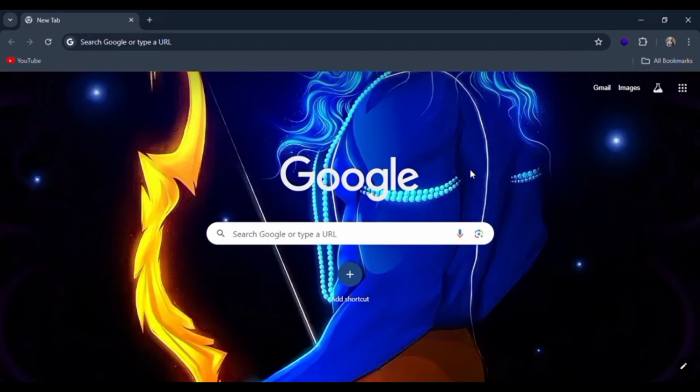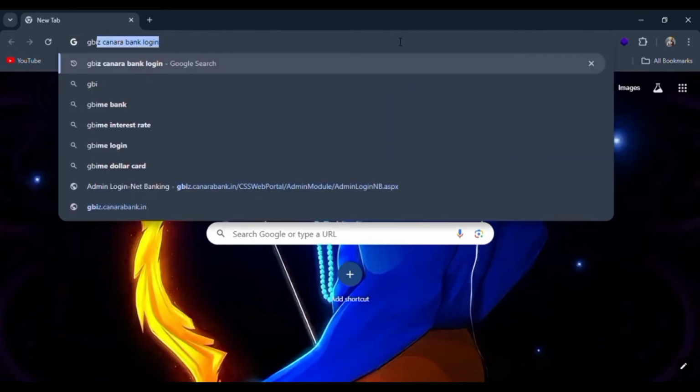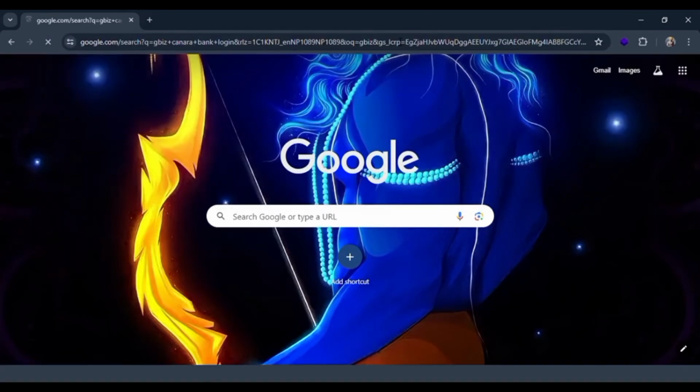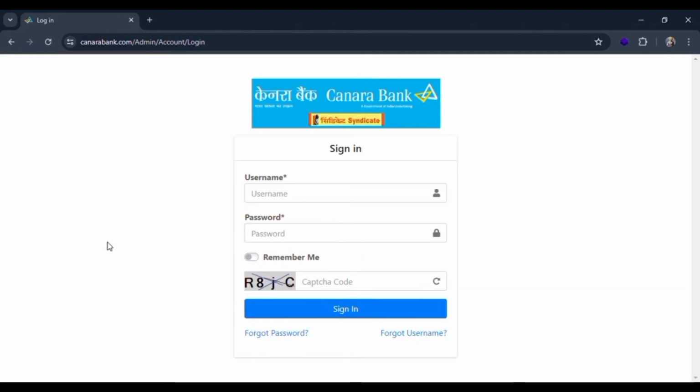First step is really simple. Just open your browser and search for the keywords Canara Bank login. And there you will see a search results to the login link. Click on this login link of Canara Bank, and then you can see it has redirected me to the login